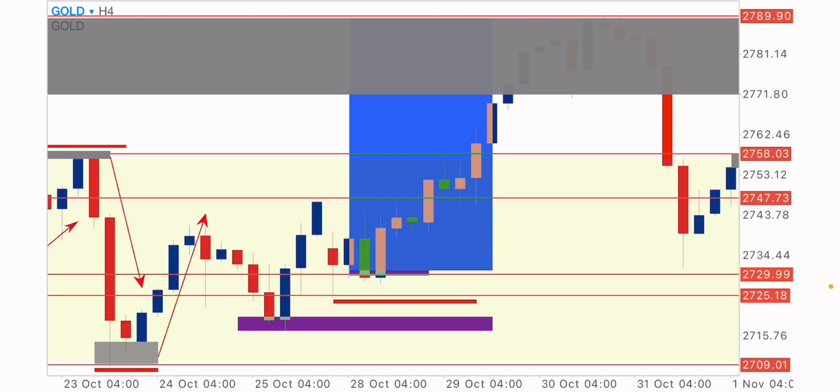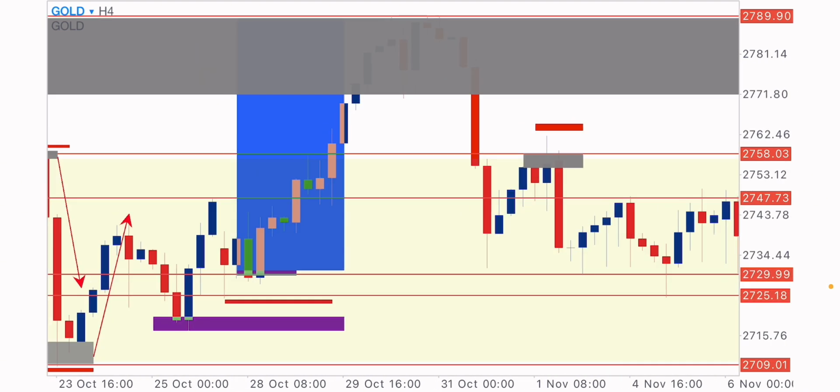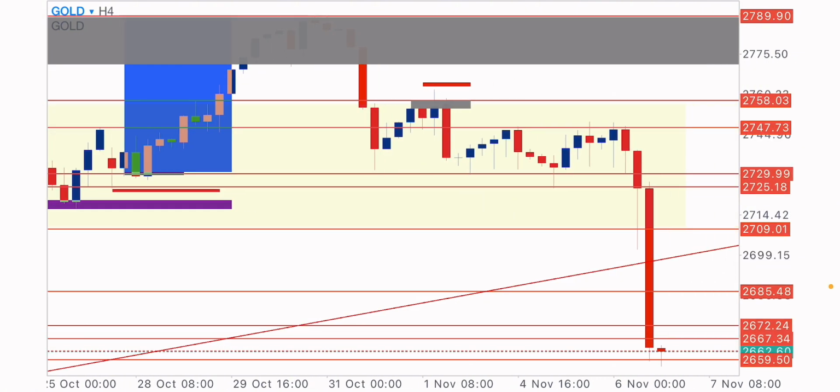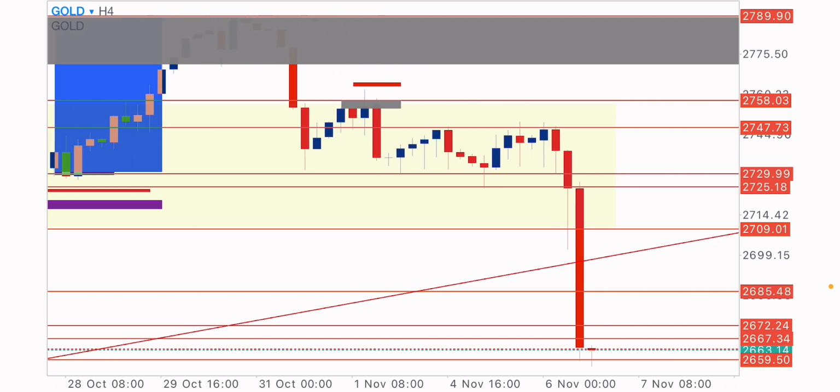Okay, so let's move on. Moving on, we can see that the market hit our 90% rule, but in this case, it was just a 75% rule, right? Okay, so going back, we can see that in the current market structure, or the current market price, the market is having